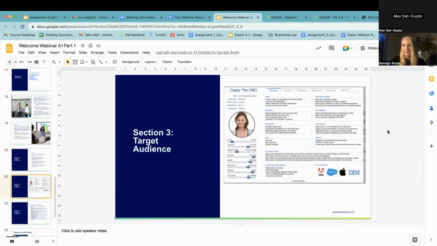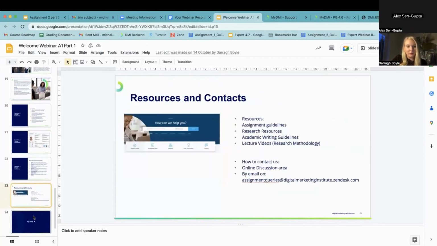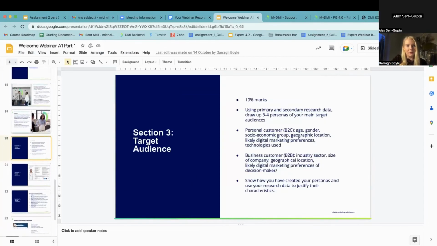So you just pop in the membership platform and you Google persona builder. There's a really good one there in the membership platform. Have I linked to it here? No, but we will send you the link if you need it. Otherwise, just go in and Google it in the membership platform.